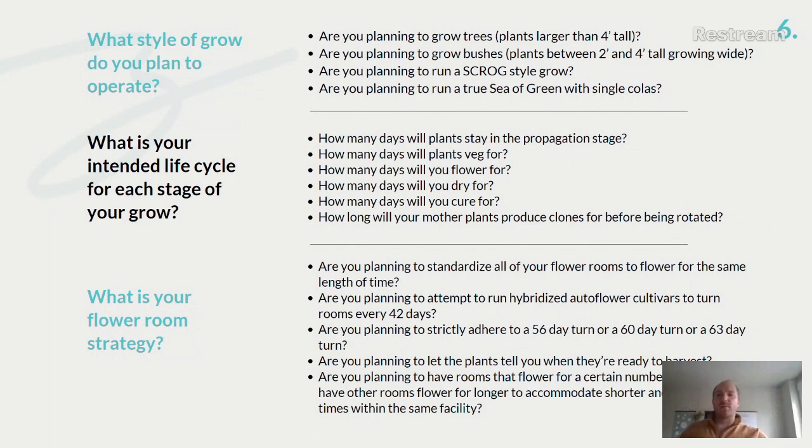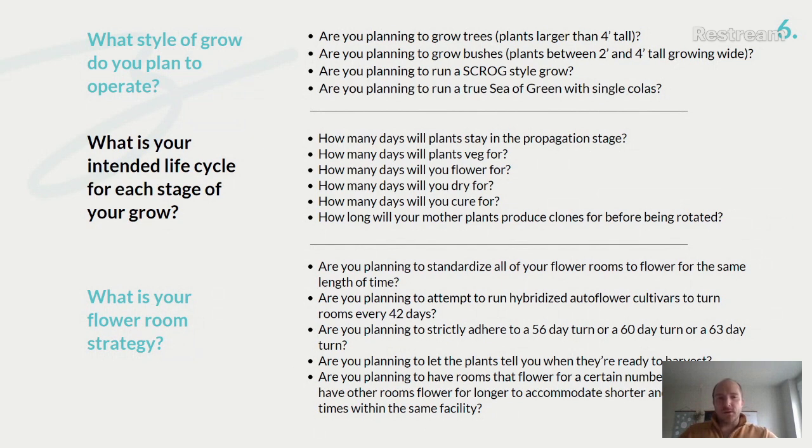So let's just kind of talk about our flower room strategy. You've heard me talk about standardization a lot. I really, really appreciate standards. It makes for a more stable business model, makes for more stable revenue, and it makes life more predictable for both your employees and for your investors, which is truly why I try to push towards as much standardization as possible. It eliminates as much waste as we can too.